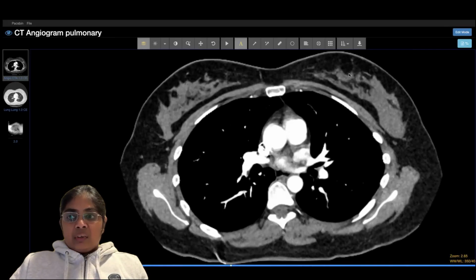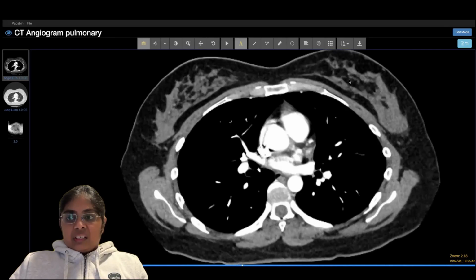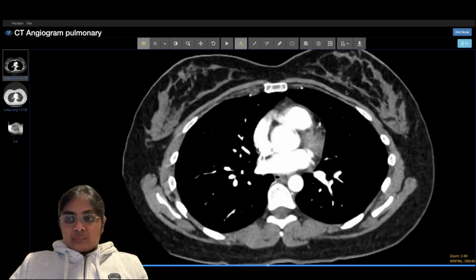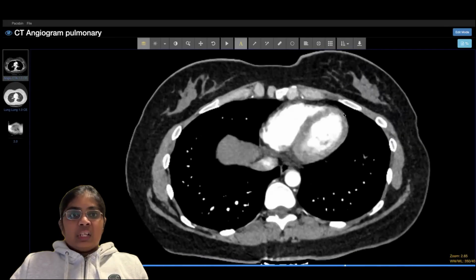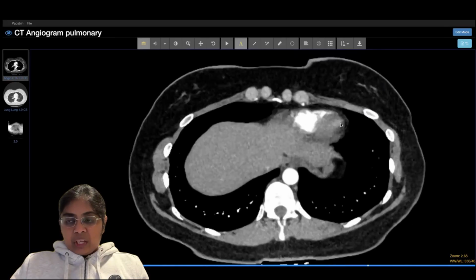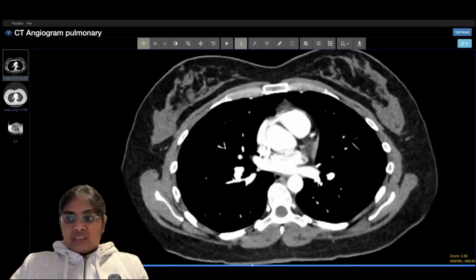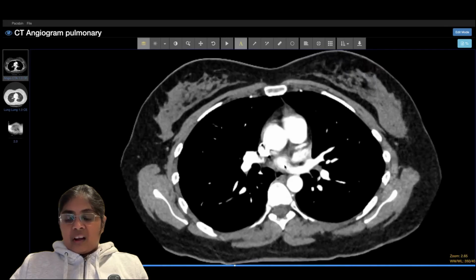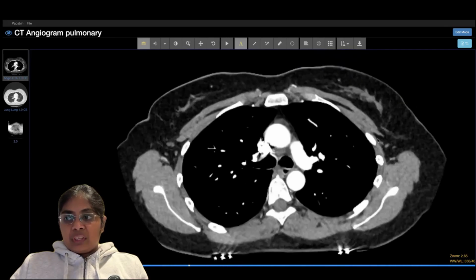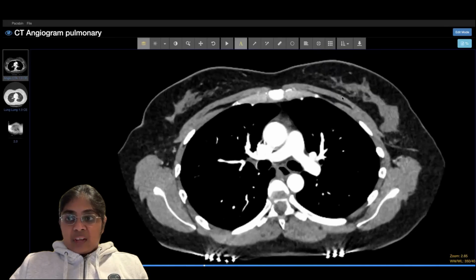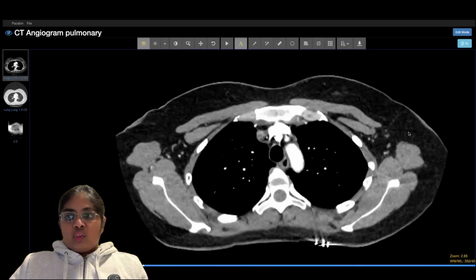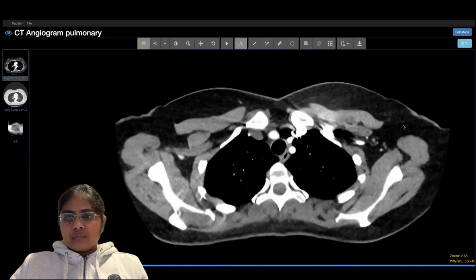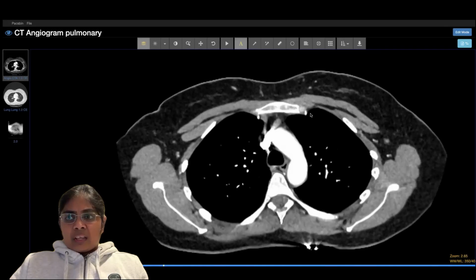Posteriorly, I am looking at the esophagus and working my way down, looking for any evidence of lymphadenopathy within the mediastinum, and then I'm looking at the hilum again for lymphadenopathy. And once I've evaluated the mediastinum itself, my eyes go outwards into the axilla, and I also pay particular attention